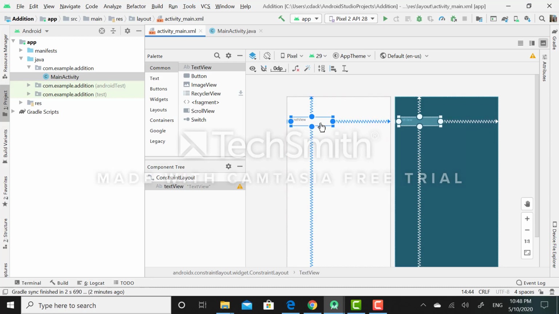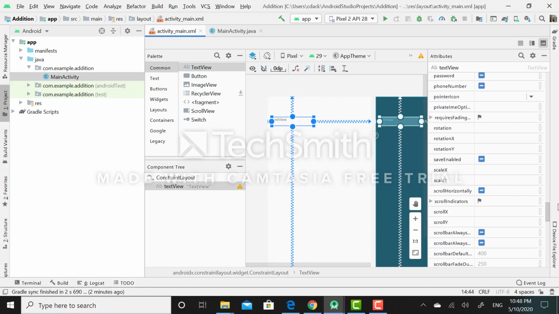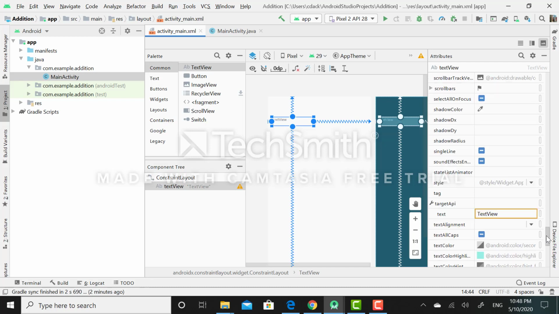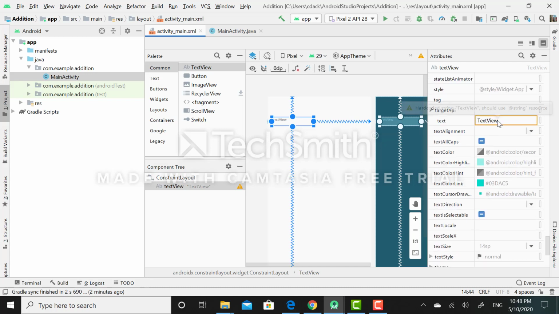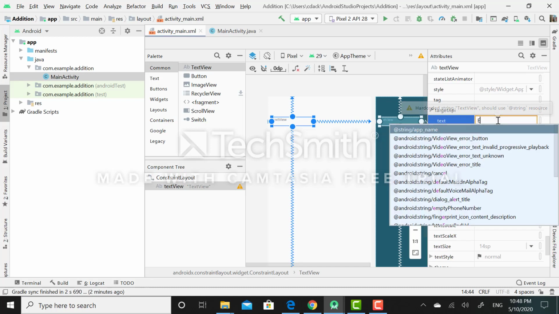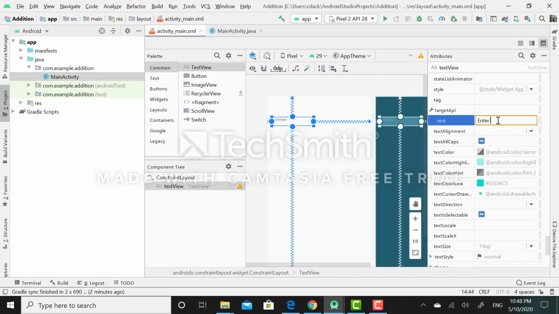So if you want to set a new message on this text view, simply click on attribute, scroll down and select text attribute. So here you can enter your message. I have entered here, enter first number.